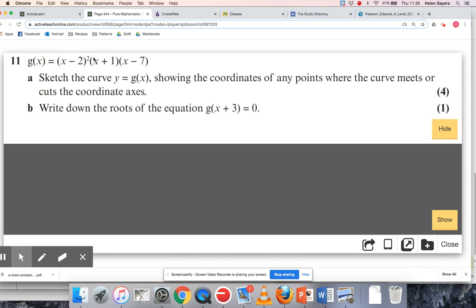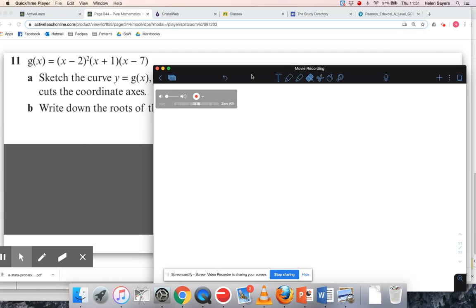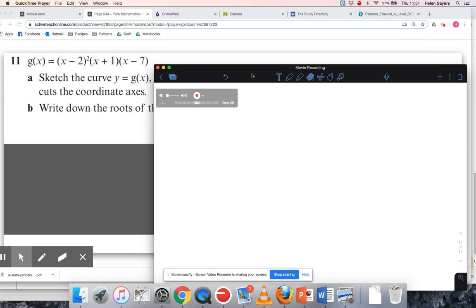So looking back to g of x, that's a quartic, because I've got the x minus 2 all squared, and then times another 2 sets of brackets. So if I were to expand those out, which I don't want to do, it would be an x to the power of 4, so a quartic graph. But I don't want to waste any time expanding that out, because if I'm trying to sketch a graph, I actually want it fully factorized anyway, because